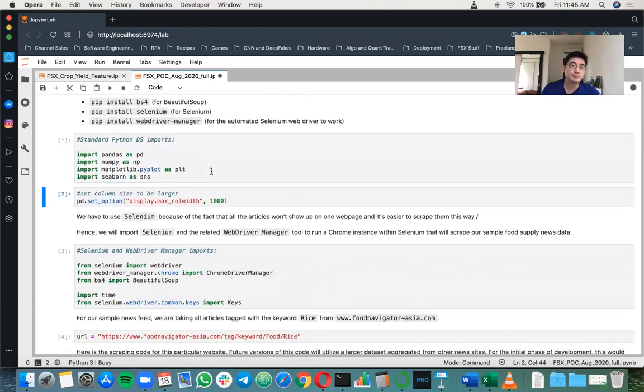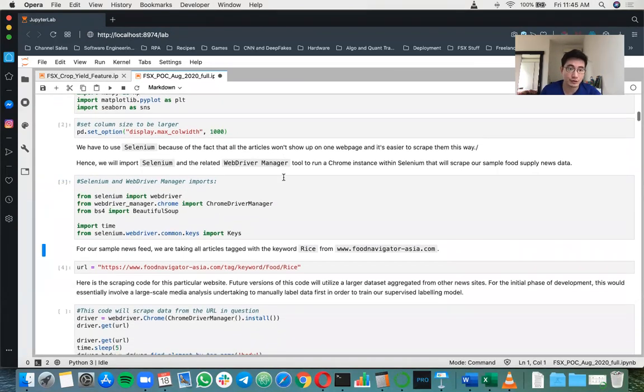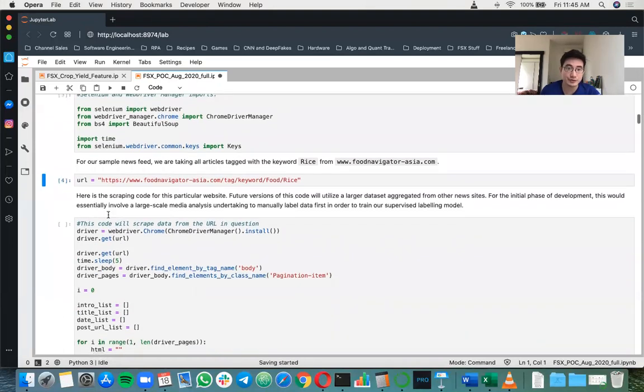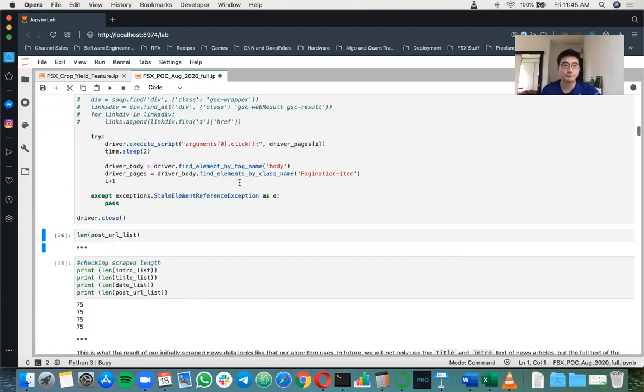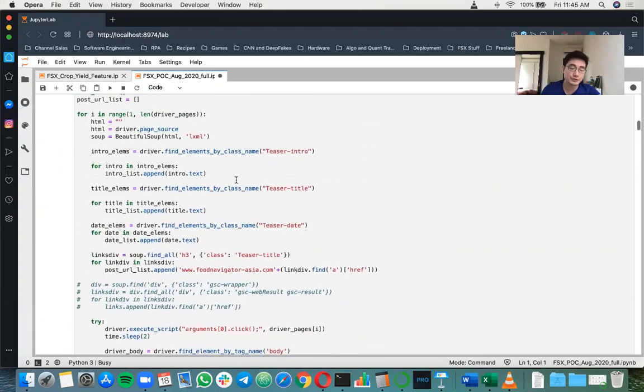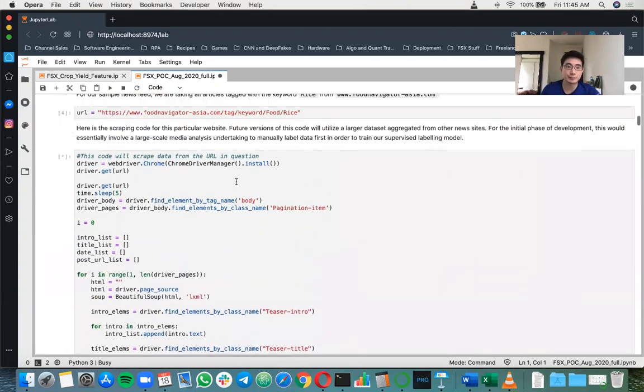So scraping simply means that we take website text from a news feed. In this case, the sample website is foodnavigatorasia.com, and we're trying to find news articles about rice. So when I run the code, which is using an open source Selenium scraper browser,